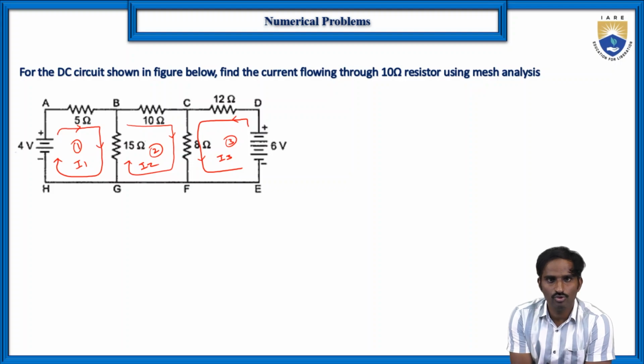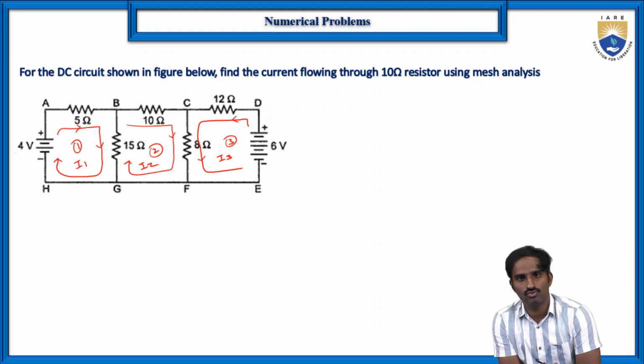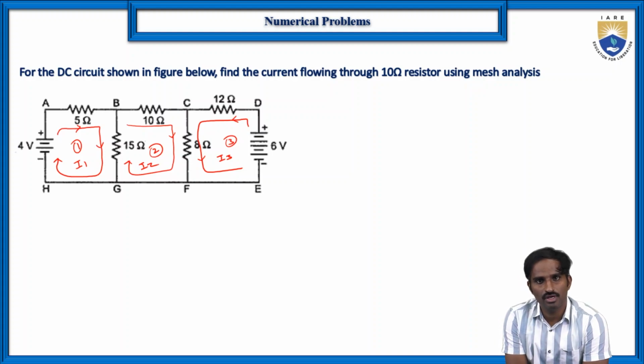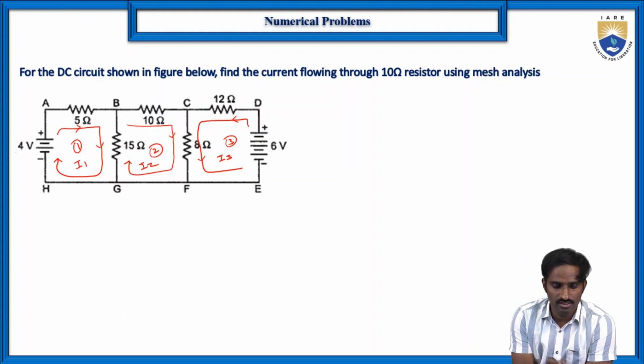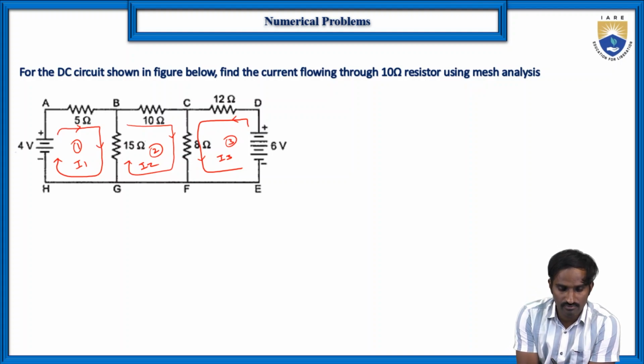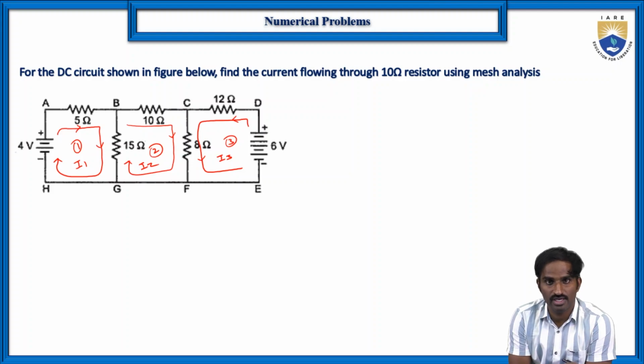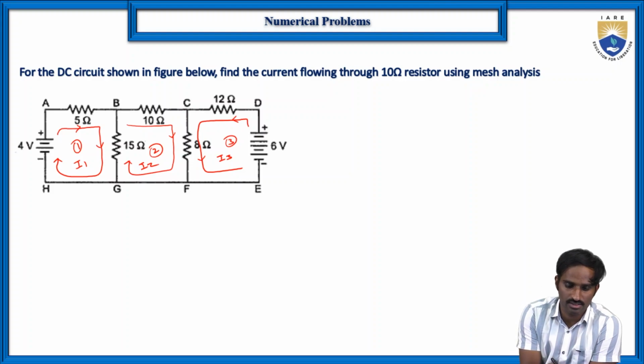For the loop equations we should apply KVL. According to KVL, Kirchhoff's voltage law, the algebraic sum of the voltages across any loop is equal to 0. Let us take the first loop, for which we are writing the equation. Let us start with the 4 volts. So 4 is equal to